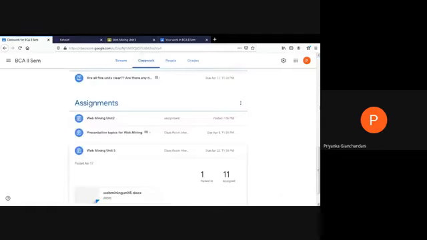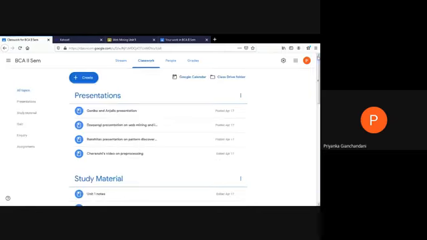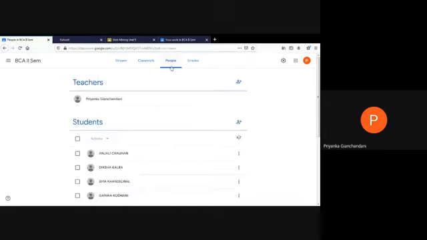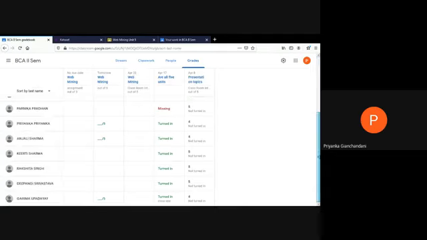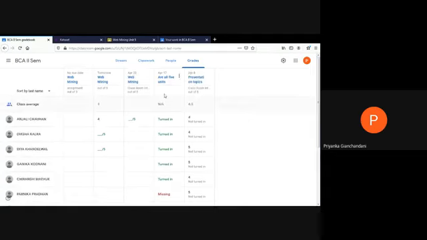Under the classroom tab, I can make the assignments available for the students, or I can create some quizzes, or I can create any study materials. Under the people tab, I can see who all are part of my classroom. And under the grades tab, I would be able to see what are the marks that I have given to the various students. And if in case it's an ungraded question, like this was the question that I posted to my students, but it was an ungraded thing. So under this, you can see that the students have just given in the responses, but since it is ungraded, the marks are not getting displayed over here.